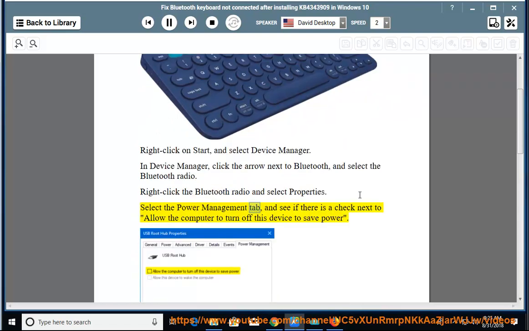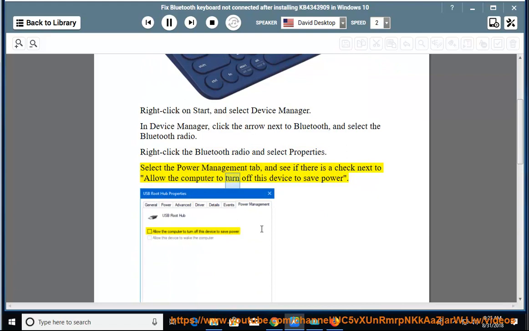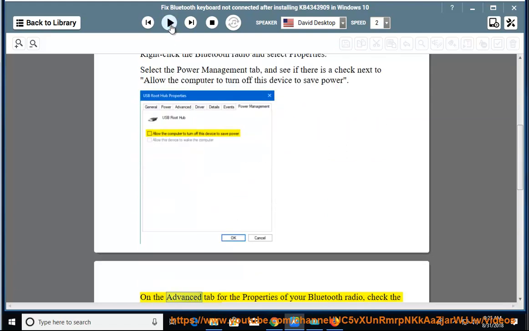Select the Power Management tab, and see if there is a check next to Allow the computer to turn off this device to save power. On the Advanced tab,